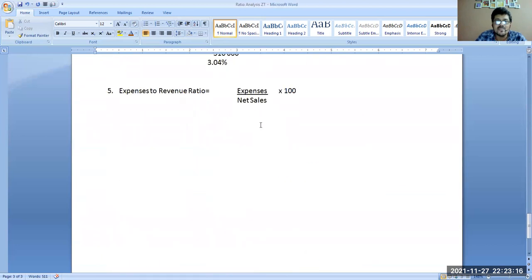We can calculate the amount of expenses in this question. Now, see, what will happen? We'll write here 12%, 20% gross profit, 8% net profit, 12% is your expenses ratio. So what are the expenses now? We don't know, so we'll write expenses over here, divided by net sales. We know in this question net sales is $120,000. Multiply by 100.